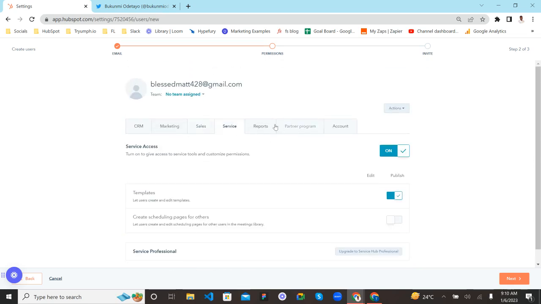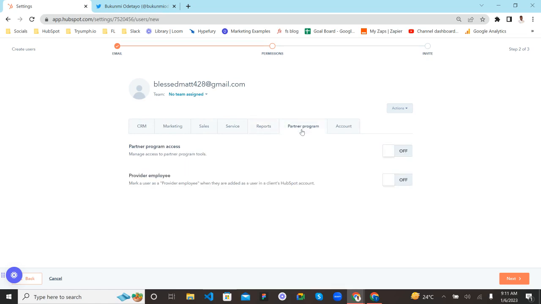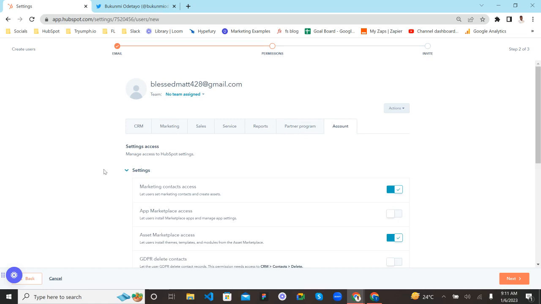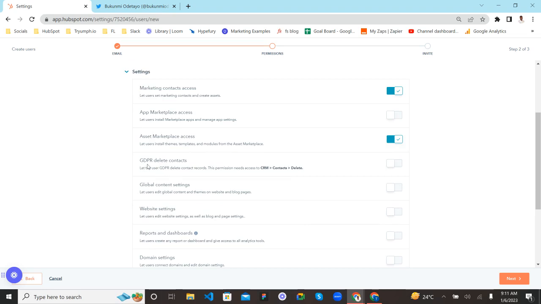So you have the service, the reports, but you can see this star that says partner program. This is because we are a HubSpot partner agency. So you might not see this tab in your own HubSpot unless you also are a HubSpot partner. So you can also see the next tab which says accounts. So which of these account settings are they going to have access to? Are they going to have access to marketing contacts inside of HubSpot? Do you want them to have access to the app marketplace or the asset marketplace or the GDPR